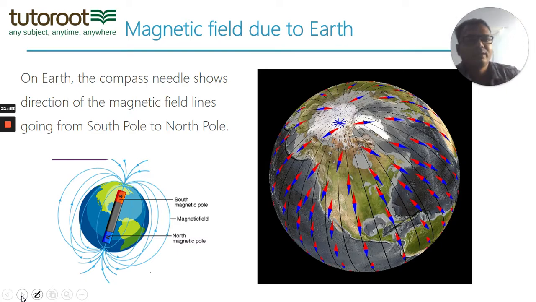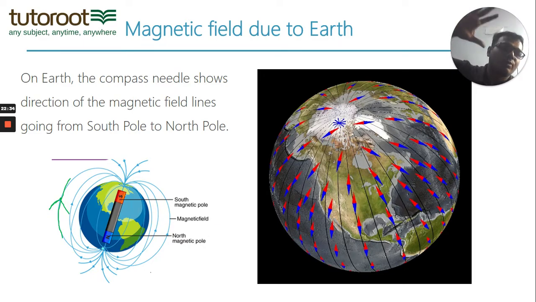The last best example is that the earth is also a magnetic field. So see the image on the right, you can see that at each place the compasses are just pointing in the northern direction towards the north pole. So you can see that all these magnetic field lines are in this direction. So what do you see from this? At earth, magnetic field lines are kind of coming out from one point at the south pole, and they're all going back at one point into the north pole. This means that even the earth is acting as two poles.